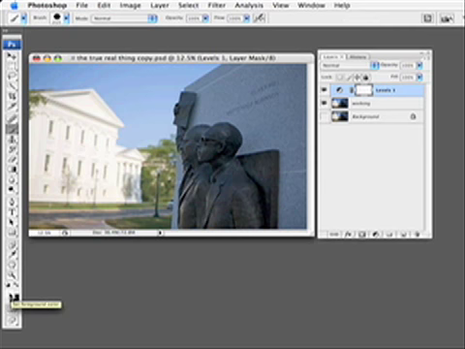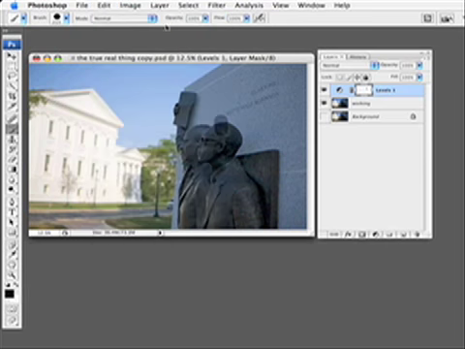When you're working with masks, it's very important to have the default black and white foreground color. The default is foreground color white, background color black. You can move this arrow to switch back and forth, or you can click X on your keyboard to go back and forth. So when you're working with a mask, the X key is helpful, because you want to be able to move from black to white quickly and easily. Because if I start painting in black here,